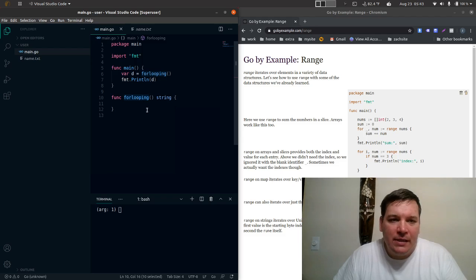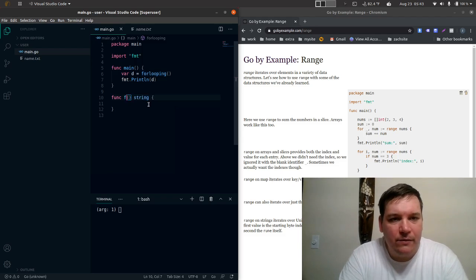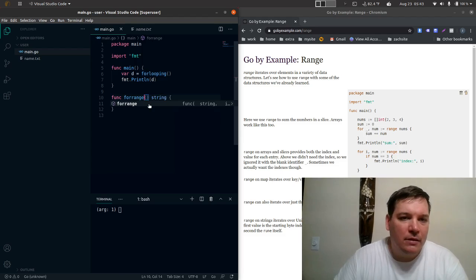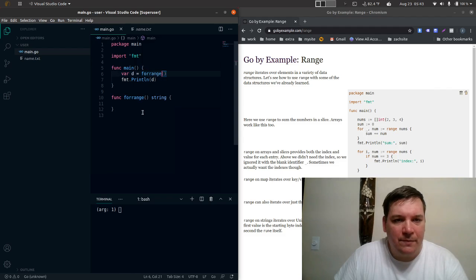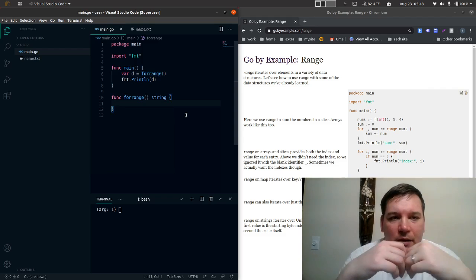I've created a function here. I should probably change this to for range, and I'm going to change up here just so that when we call it, we don't have to worry about it. So, in order to do a for range loop,